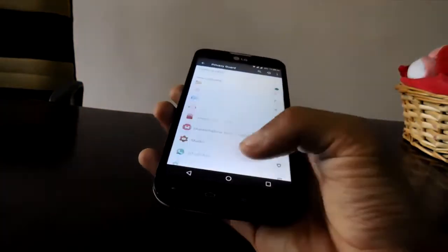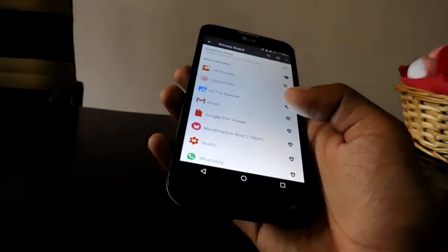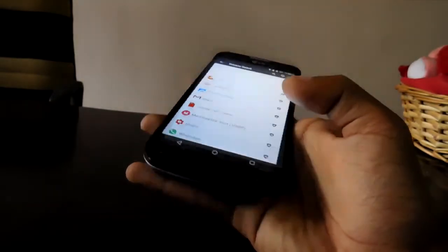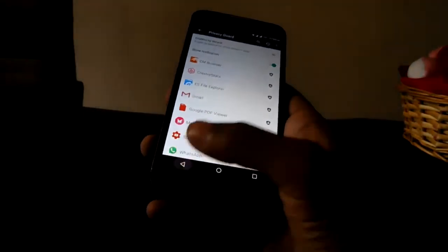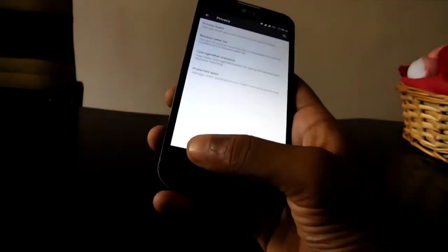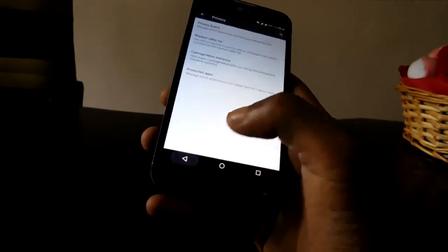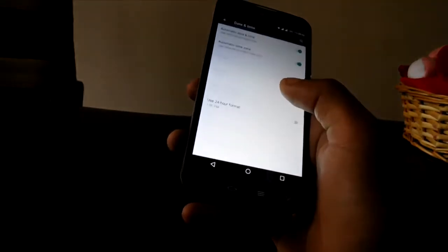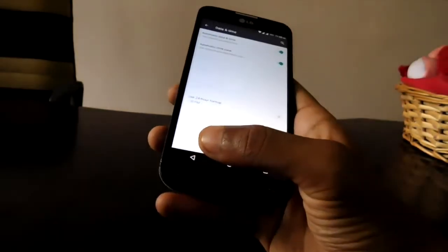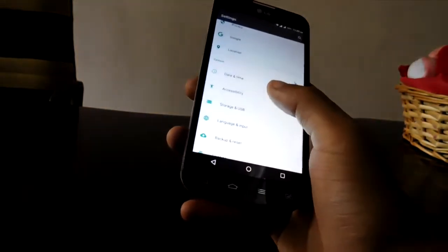So you can set permissions for a particular app, and you can enable it by default for newly installed apps, and you can turn them off too. I have it on show notification, so it will show me a notification whenever I need to change the setting. Then Google settings and location settings, those don't bother me much. Then there's date and time. You can obviously set it to automatic, nothing special.